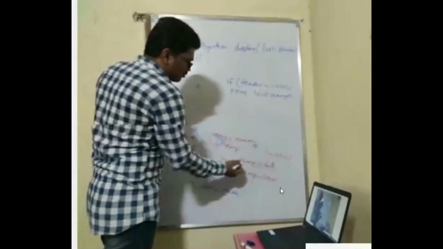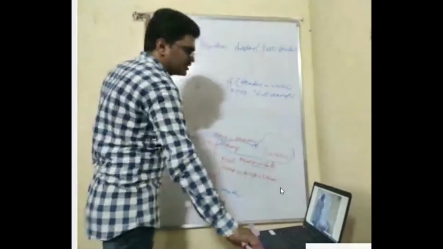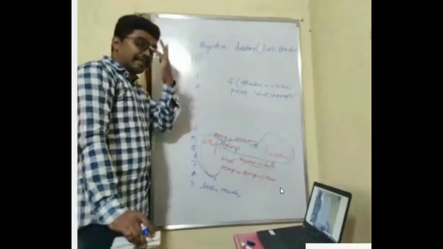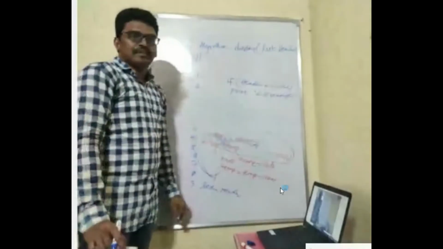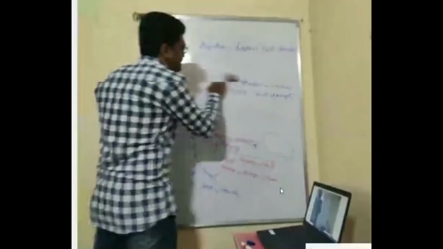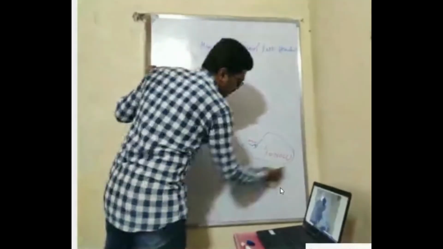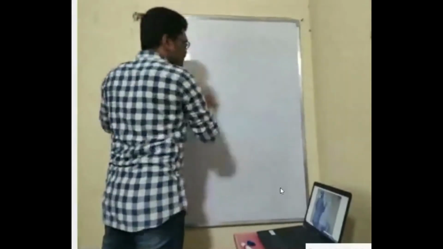And this one point only you have to remember, that this condition you have to change. You should make it as temp not equal to null. It's not temp next not equal to null. If you give temp next not equal to null, the last element you will not get. So that's why we modify it like this. Is that fine? So these are the basic operations. I hope you can convert this into a function. You will not have any problem. Okay. So these are the basic functions.